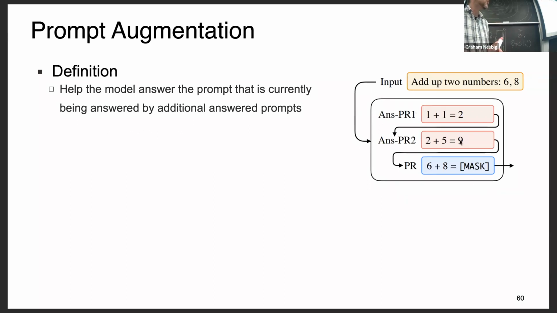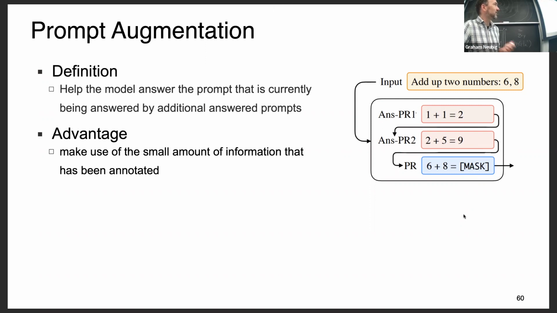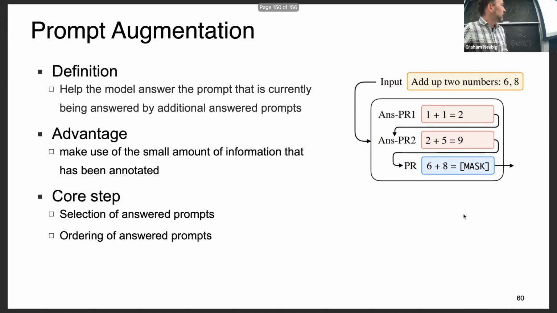But anyway, you can have multiple correct examples, and this basically helps models learn better. I think we're probably going to have a talk that talks about this in more detail later, and some of the theoretical reasons why this is a good idea. And one thing that you need to be careful about is that you need to be picking the right answers here. A good step would be not picking incorrect examples, but also there have been some papers.